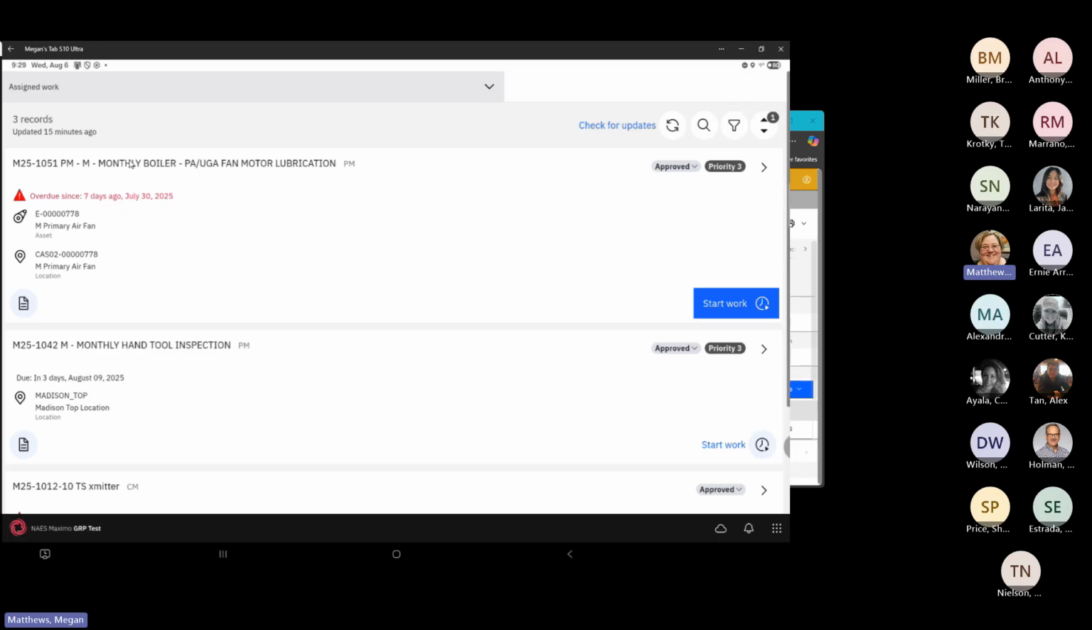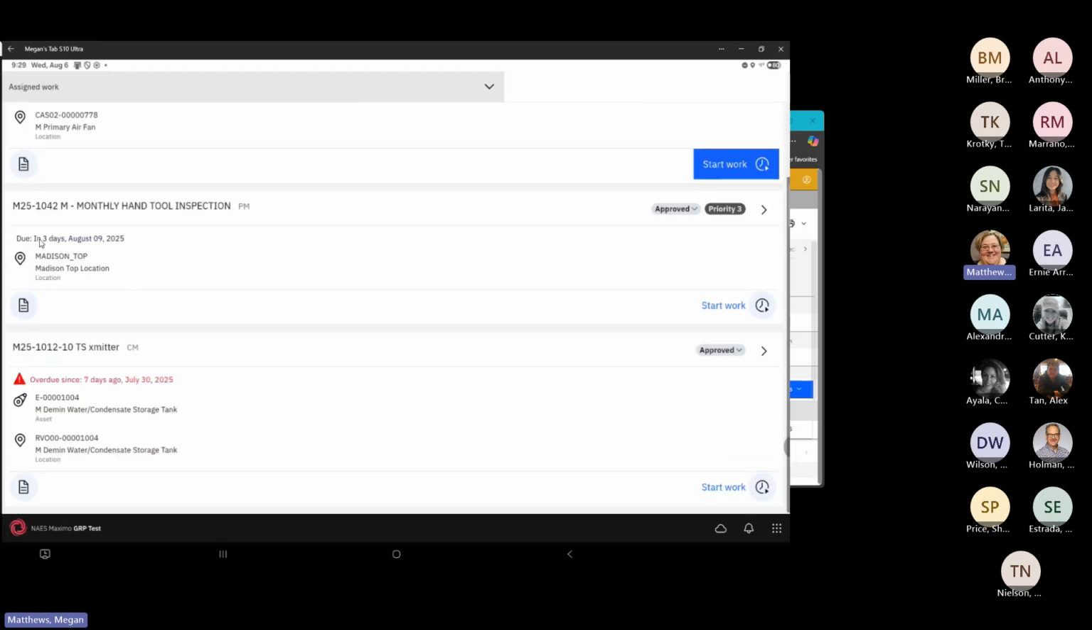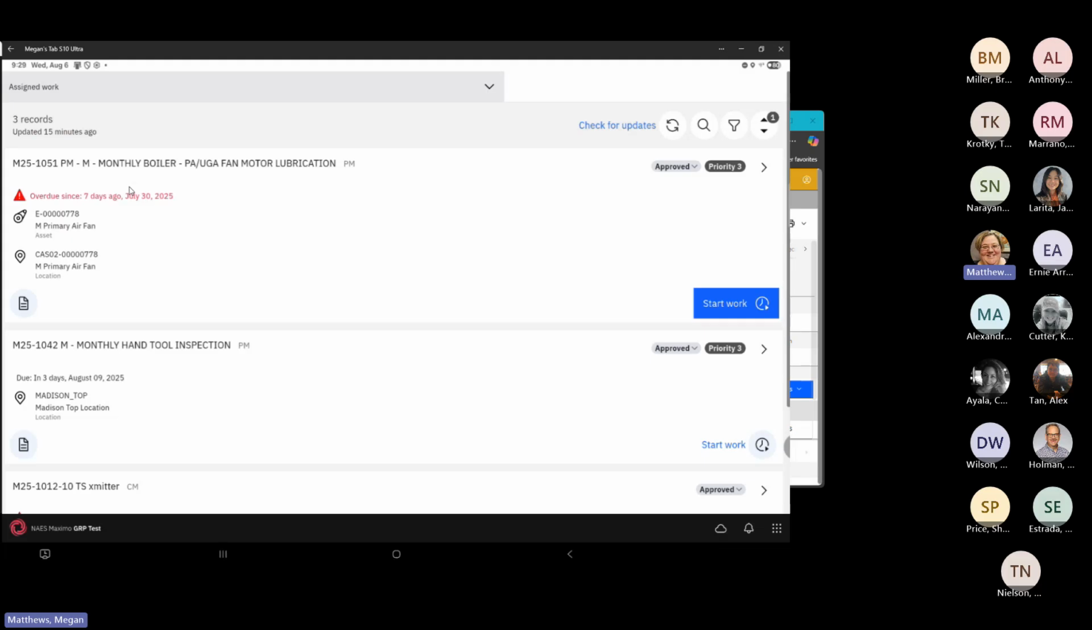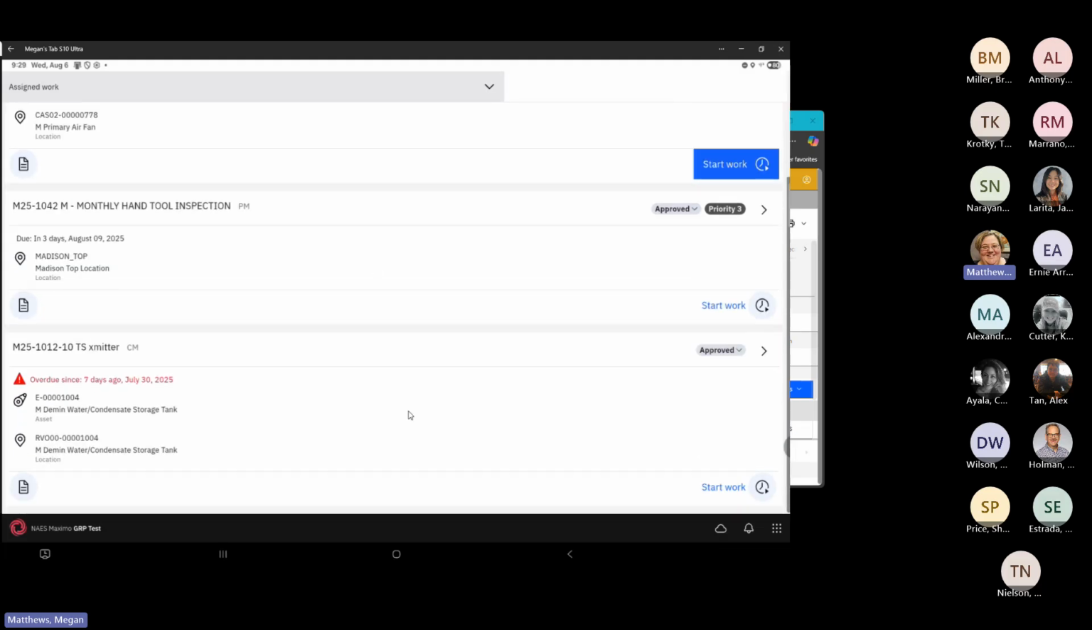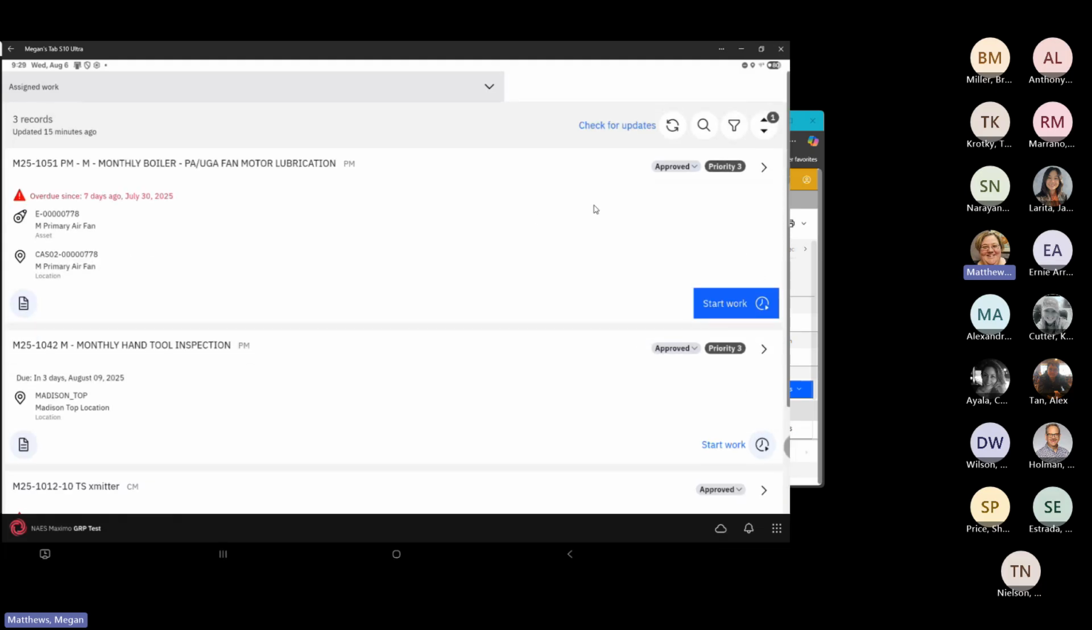But you can see here, these are all of the work orders that I'm assigned to, and you'll notice that each of these has a date. So this is due in 3 days, this is overdue 7 days, this one's overdue 7 days. So I can prioritize by that. I can also view by priority. The other thing is if I don't want to see it by this and I want to see it by some other